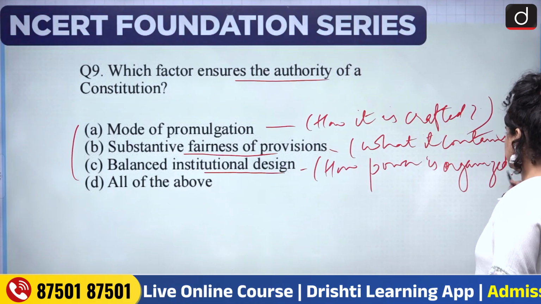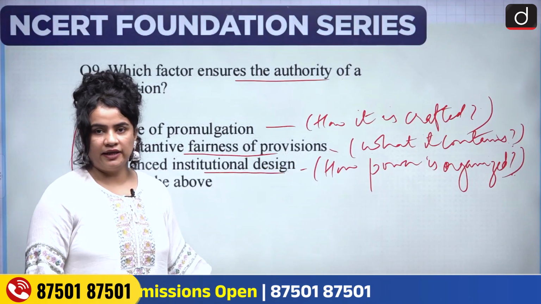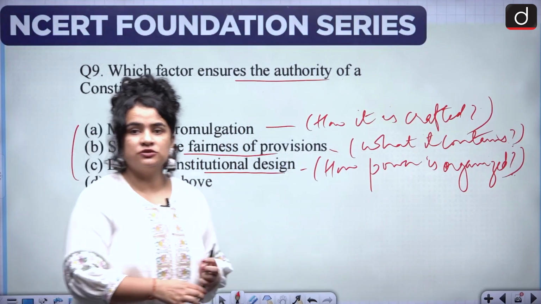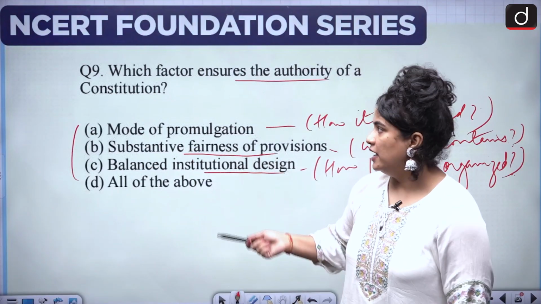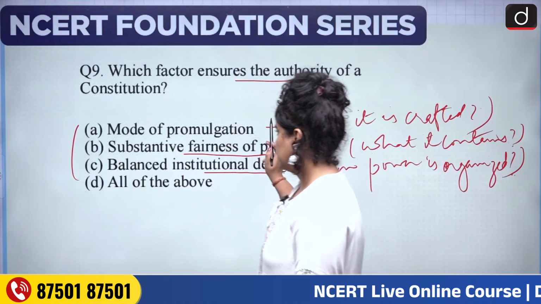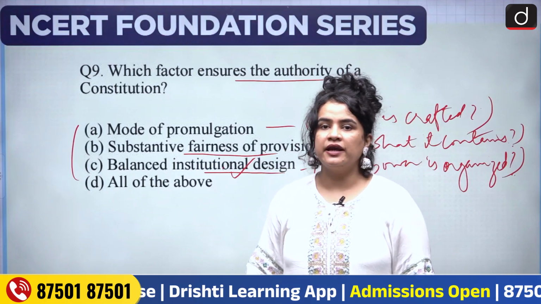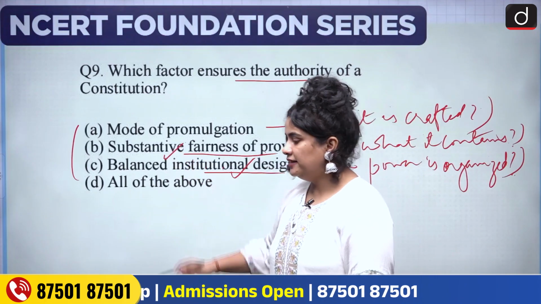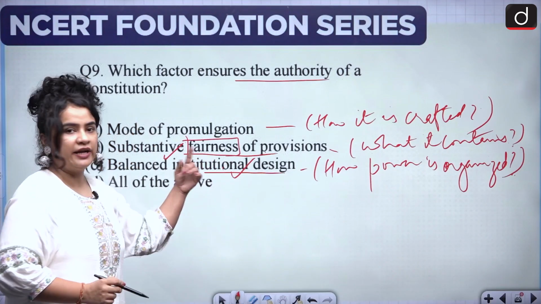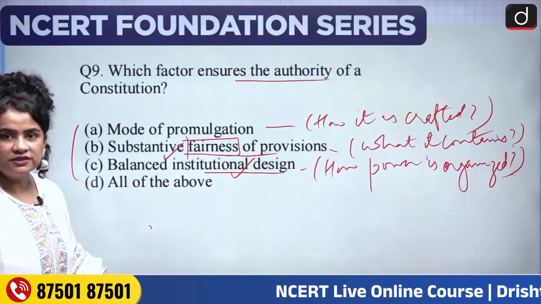Is one organ of the government or the constitution subverting another? If yes, then there is some fault and the authority of the constitution is undermined or may be undermined. However, if there is a fine balance between institutions, then the constitution is a legitimate one, an authoritative one. Similarly, if there is discrimination and no fairness of provisions for every citizen, then eventually citizens are going to lose confidence in such a constitution.